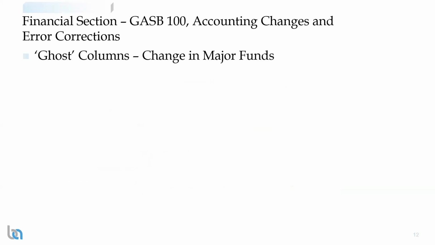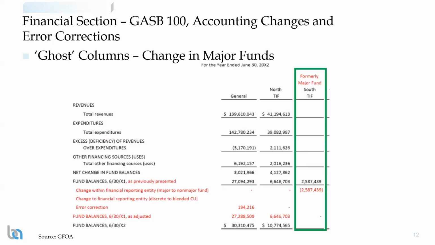All right, another issue that GASB 100 created is something that they refer to as ghost columns. This happens when you have a change in major funds. So last year you reported a fund as major. This year it doesn't meet the requirements of GASB 34 to be reported as a major fund. So it creates a bit of an issue. And you'll see here